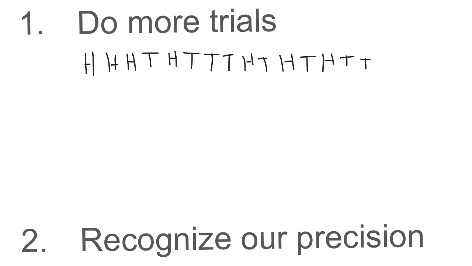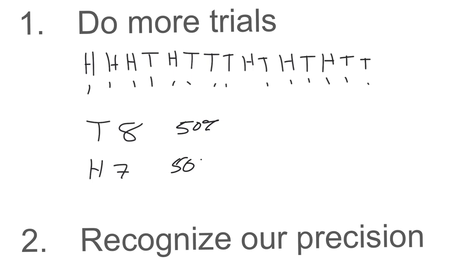And eventually, if I count these up, I've got 1, 2, 3, 4, 5, 6, 7, 8 tails, and I've got 1, 2, 3, 4, 5, 6, 7 heads. And so I'd be a lot closer to the probability that I know I should get. If I flip more times, I'm going to slowly get closer and closer to 50%